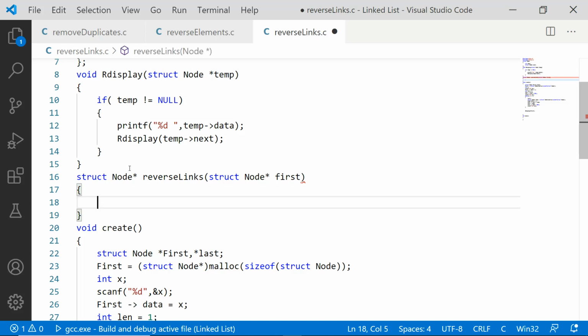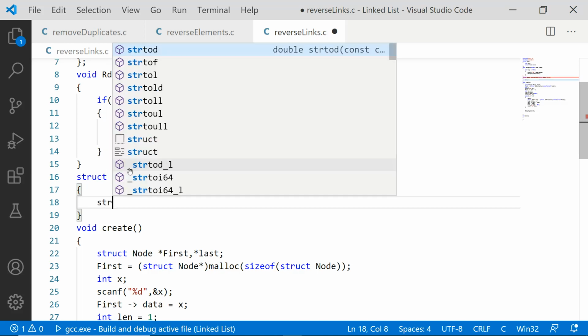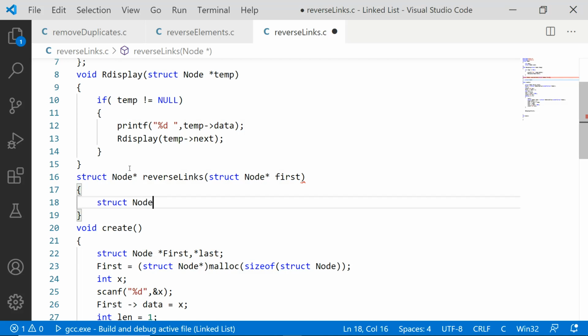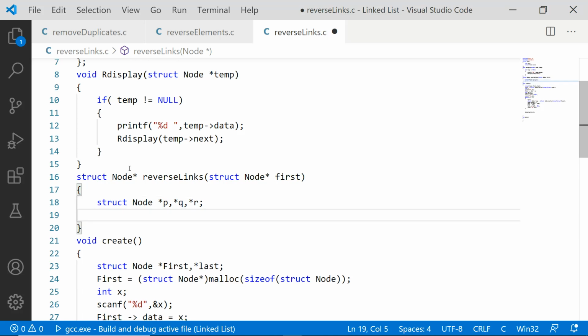So struct node star first takes only the address of the first node. Inside this function we have to take 3 pointers: struct node star p, star q, star r. What is the need of these 3 pointers? One pointer represents the present node, one points to the next node, and one points to the previous node, because the previous node address is very important for reverse linking, and the address of the next node is important for moving to the next step.